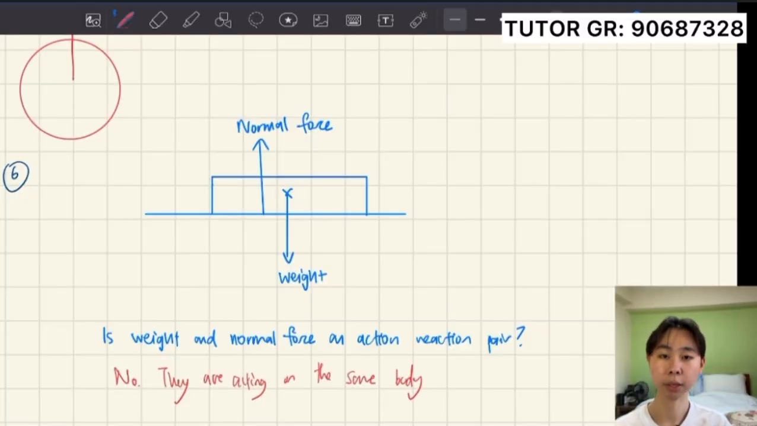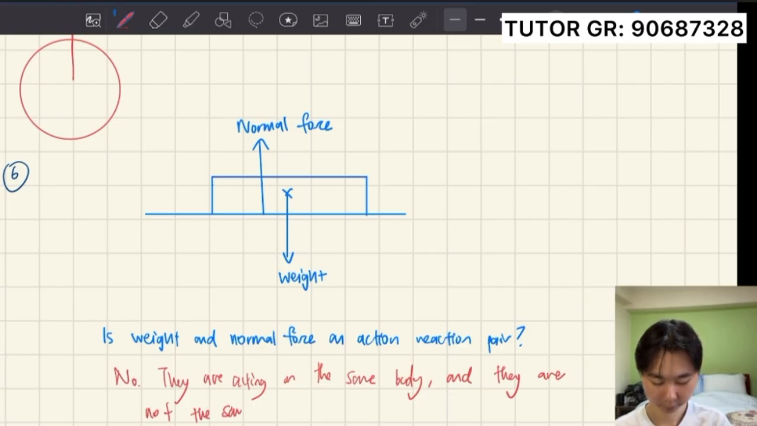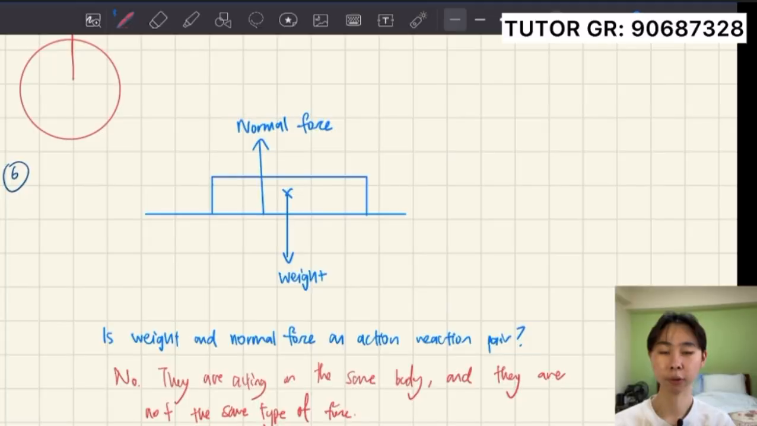The opposite in direction criterion is fulfilled because one is upward and one is downward. But the last criterion that it doesn't fulfill is same type of force. There are different types of forces here. One is called normal reaction force. The other one is called weight. So besides them acting on the same body, they are not the same type of force either. Yep, so this will be your explanation. If you're asked to explain why normal reaction force and weight are not an action-reaction pair,